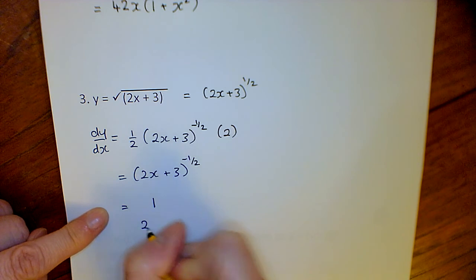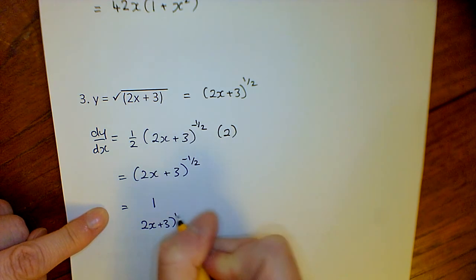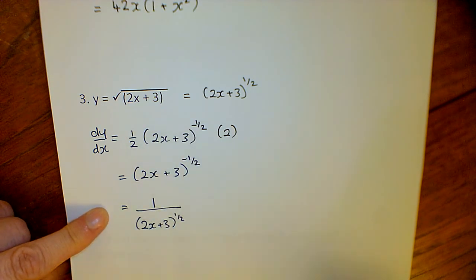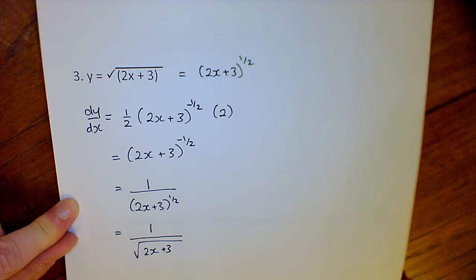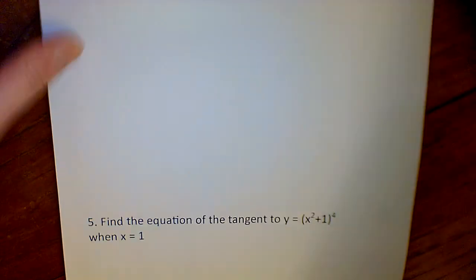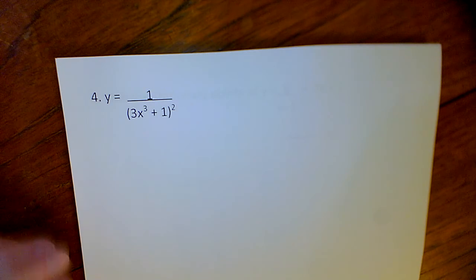So you can write that as 2x plus 3 to the power of minus a half. Or we could write it as 1 over 2x plus 3 to the power of a half. Or if we wanted to put it back into a square root sign, so we get 1 over the square root of 2x plus 3. Okay, our next one,